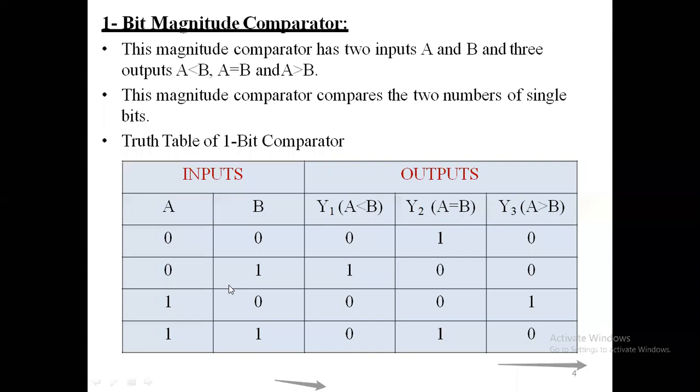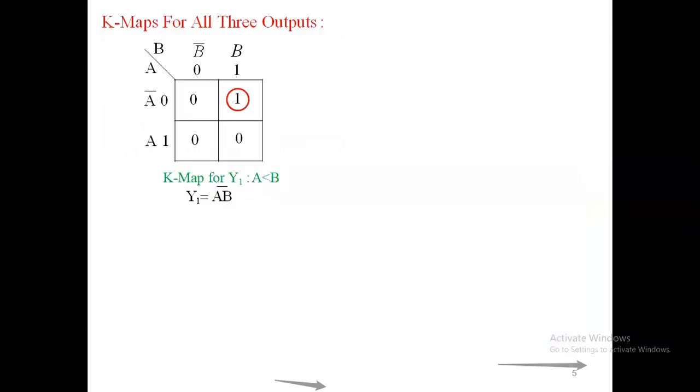It will be at 1 only. How many variables are required here? A 2 variable K-map, because we have to take the 2 possible combinations. So that's why we have to take 2 bit combination. That is a 2 variable K-map. So why do we have to place 1 only here?